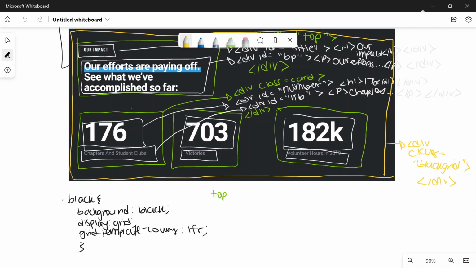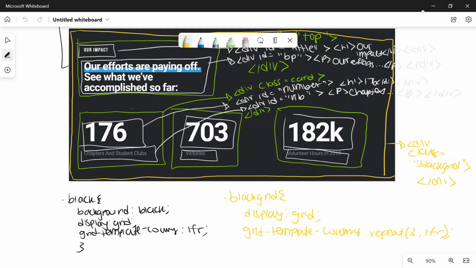And so I'll do dot black grid, and I'll do display grid, right? And then I'll do grid template columns, and I'll do 3, repeat 3 times 1FR, and then I'll do,